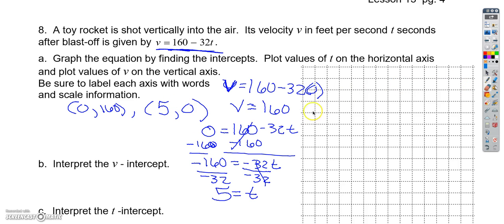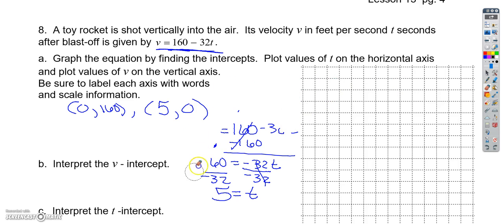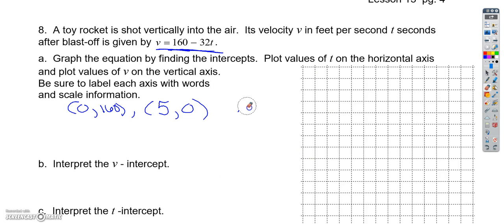Okay, so I'm going to erase my work so I can do my graph. Since I'm talking about a rocket being shot up in the air, v is feet per second, t is seconds after blast off. It says plot t on the horizontal axis, which is this way. So t would be my x. Plot v on the vertical axis, which would be my y-axis. But what we see is we don't need any negative values. So for my graph,